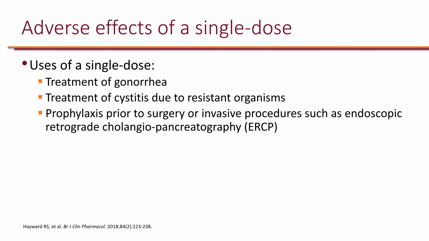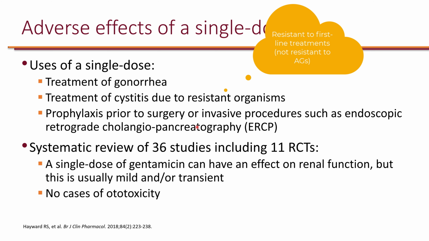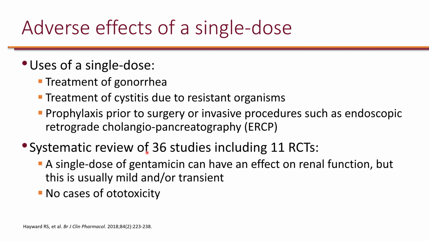And lastly, there are situations where we use a single dose of aminoglycosides, and it's good to know how safe a single dose is. So, for example, sometimes we can use a single dose to treat gonorrhea. We can use a single dose to treat cystitis due to resistant organisms, and for prophylaxis prior to surgery or invasive procedures. And a systematic review of 36 studies, which included 11 randomized controlled trials, showed that a single dose